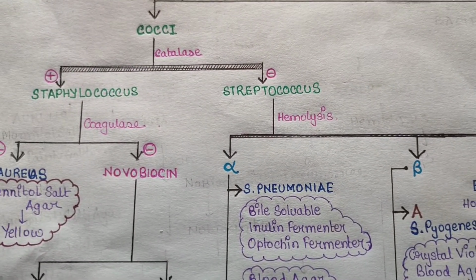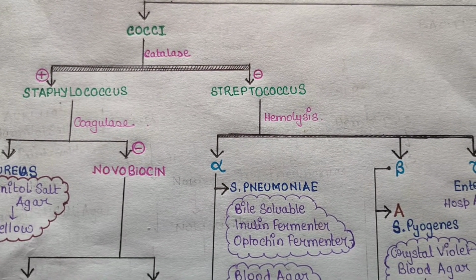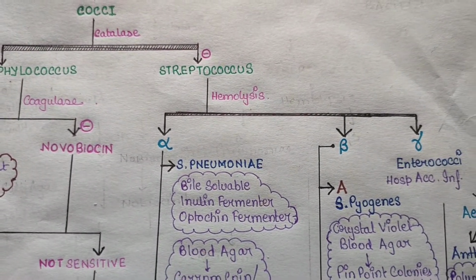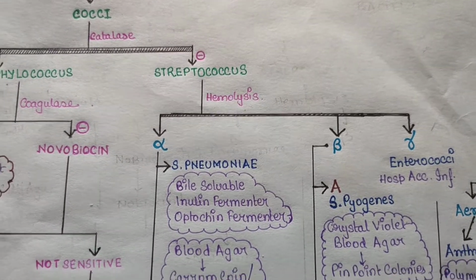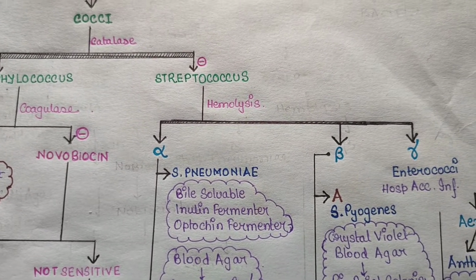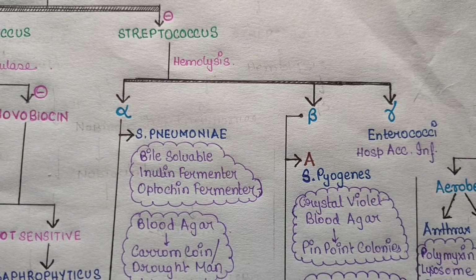Now coming to cocci which are catalase negative, we call it streptococcus. We look for hemolysis in blood agar. If it is alpha hemolysis, then it is strep pneumoniae. If it is beta hemolysis, then it can be further classified into weak